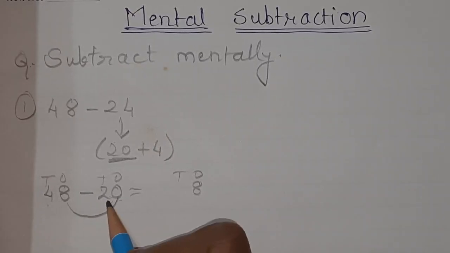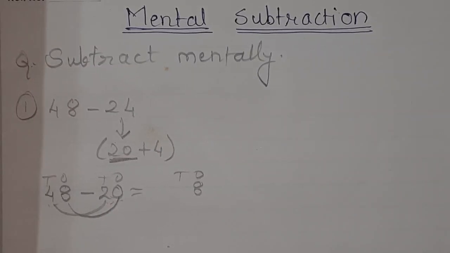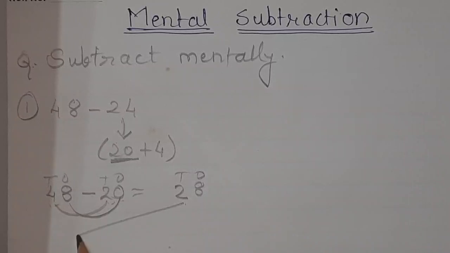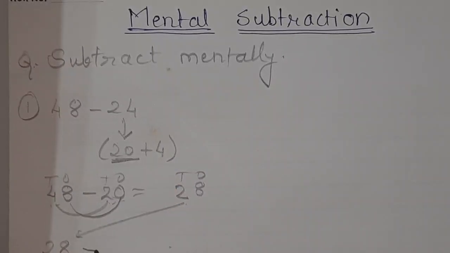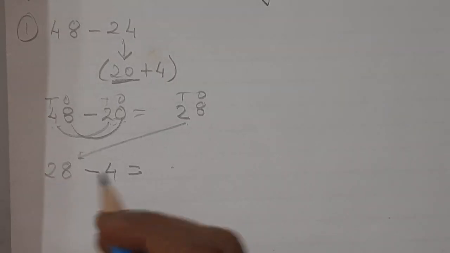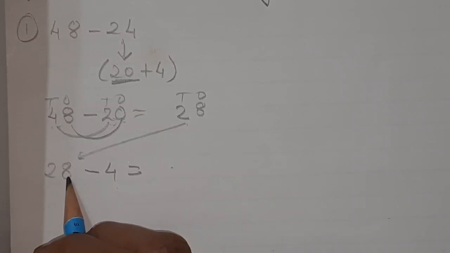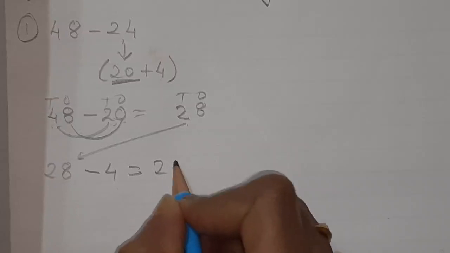And then we are subtracting 2 from 4. So 4 fingers you have to open and cut 2. So you will get answer 2. Means total answer is 28. Now what we have to do? Now we have to take this number here and this 4 number we are going to cut from it. 24. We are cutting 4 number from 28. So what we are doing like this way, if it is there, backward counting. So 28 before 27, 26, 25 and 24. So our answer is 24.